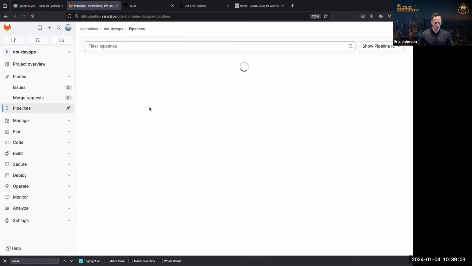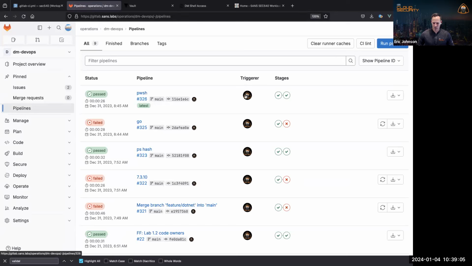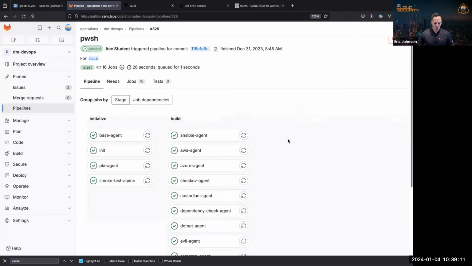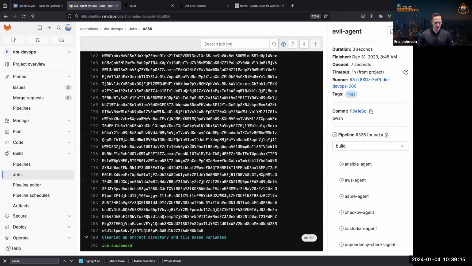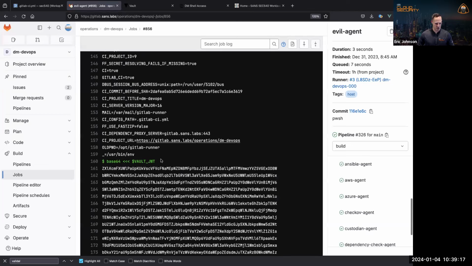and look at the pipelines for this one. You can see I've got a build here. It looks good. Looks like I was installing PowerShell and something the other day. And we'll scroll down and we'll find this evil agent output. And if we take a look here, what I wanted to show you, so let me search on this screen here for